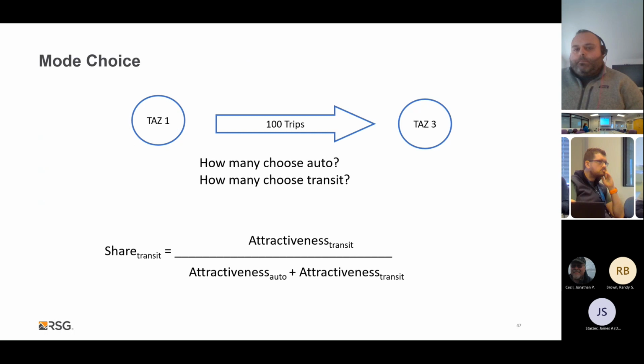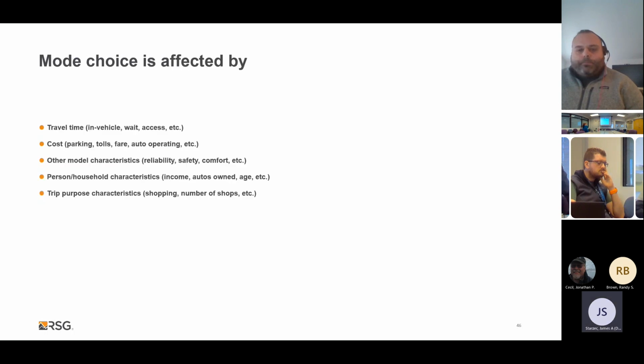Bobby, James has a question he'd like to ask. Yeah, go ahead. I just wanted to ask, about the other modal characteristics, how do things like comfort get quantified in the modeling? Yeah, so typically right now we use